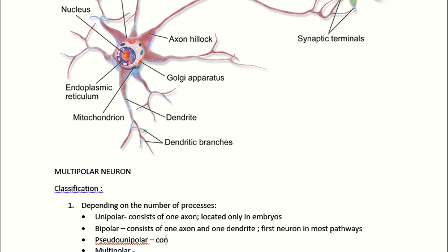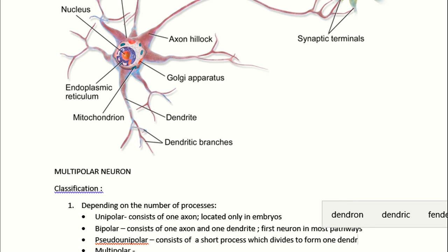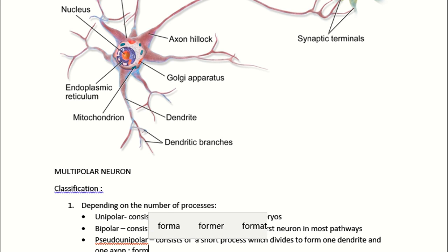Now pseudo-unipolar consists of a short process which divides to form one dendron or dendrite actually and one axon. What is the function? It forms cranial and spinal ganglion